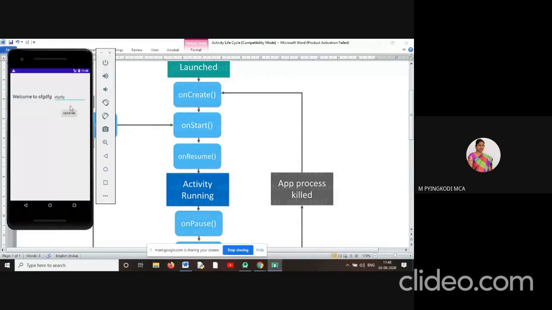You are using this application and a phone call comes in. Which of these 7 methods will be called? The onPause method will be called.